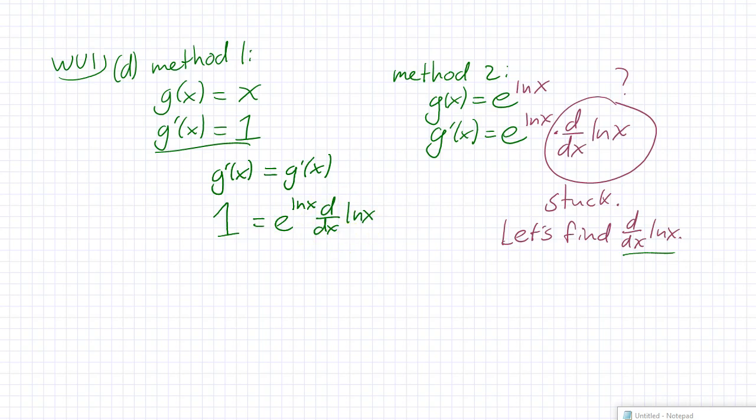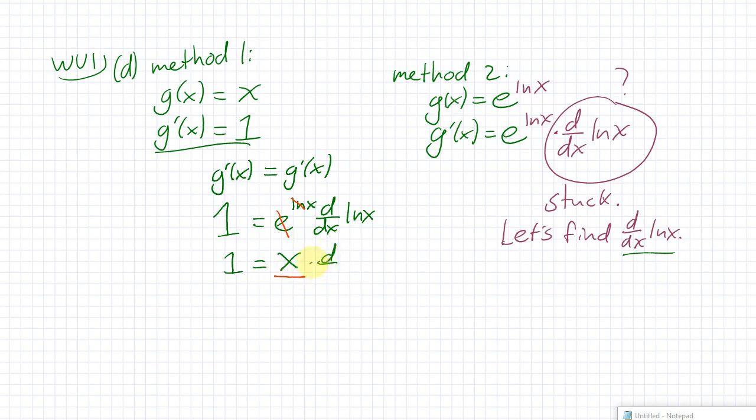One thing we can do to simplify it is just to cancel out the e and the natural log, because we know they're inverses anyways, so that means we can write it as 1 equals just x is what comes out of that